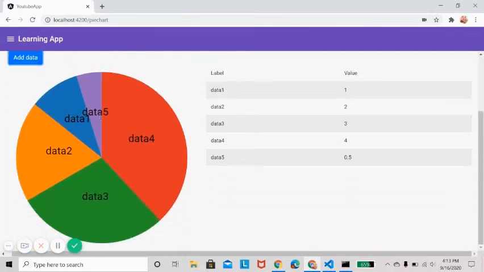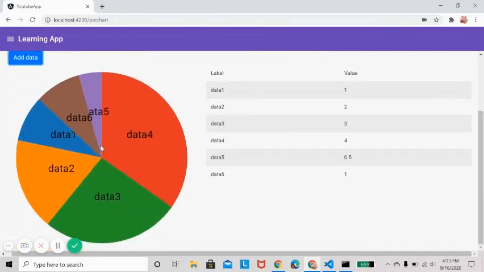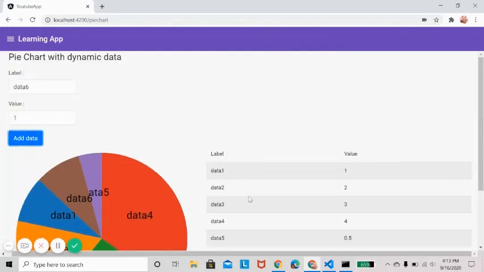So here you will be able to see one extra arc is drawn. If I add data 6 and 1, then again another arc is generated and the data table is increasing with the new values.